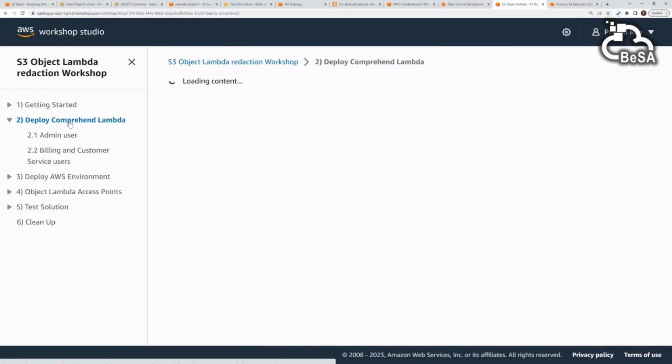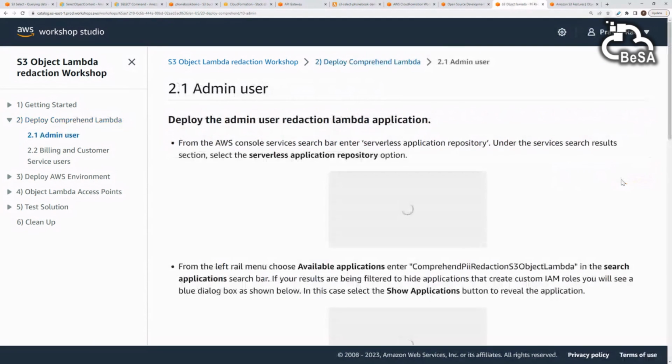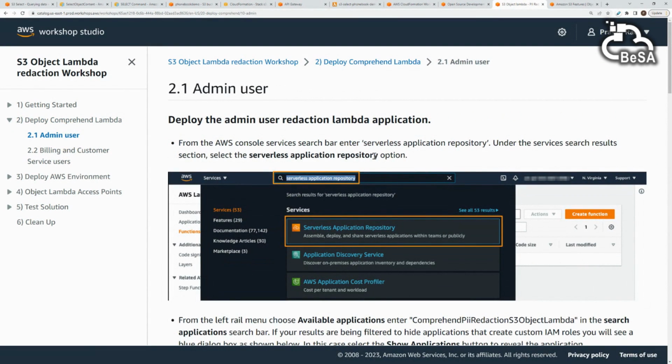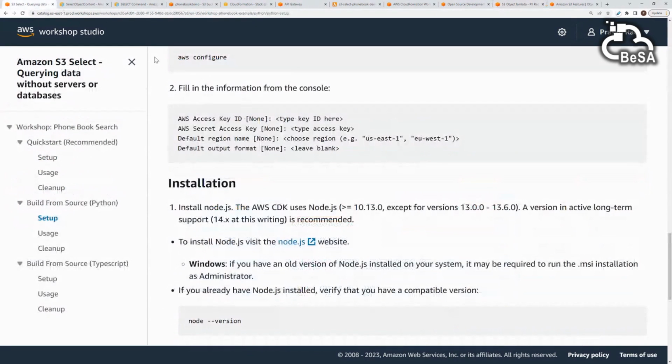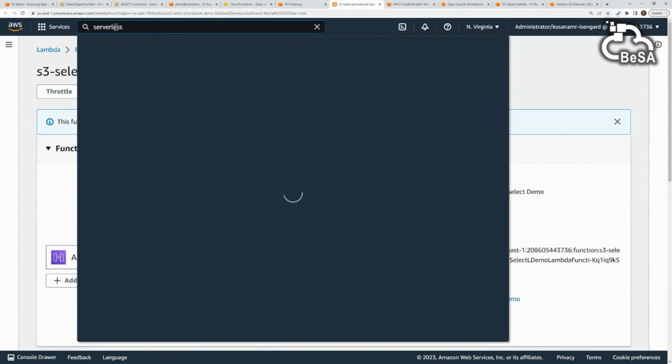But the beauty is that we already have a Lambda that can be used as it is in the Serverless Application Repository. Now, Serverless Application Repository is something for a later date, where we will dive deep. It already has pre-assembled modules that you can use directly. So if I go back here into the console, and go to Serverless Application Repository,